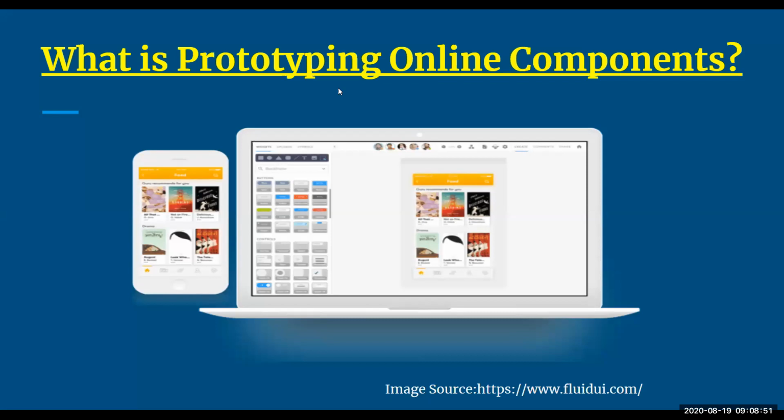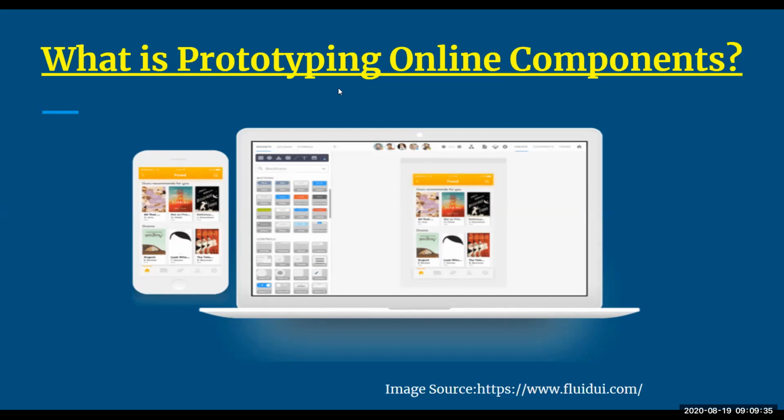We have already seen in chapter number 2 the design principles, that whenever you are going for a calm technology or an ambient technology, what the different design principles are. And these design principles are possible only when you are integrating them with some kind of API. If we take an example of Amazon Echo, or Google Home, both are speech recognition systems. Here you are going to use voice APIs, and these voice APIs will take instructions from you and accordingly do the task for you, or create an ambience for you. So this basically means the online components are making your system responsive and interactive.